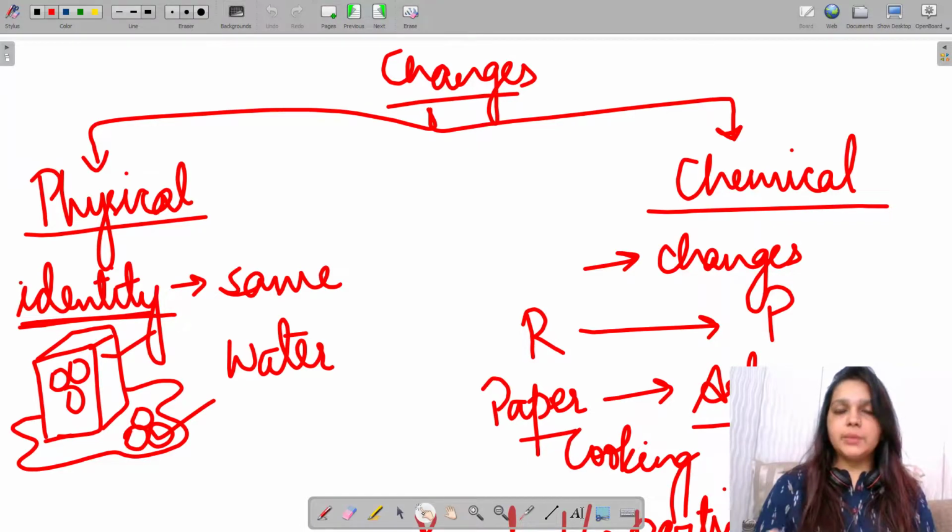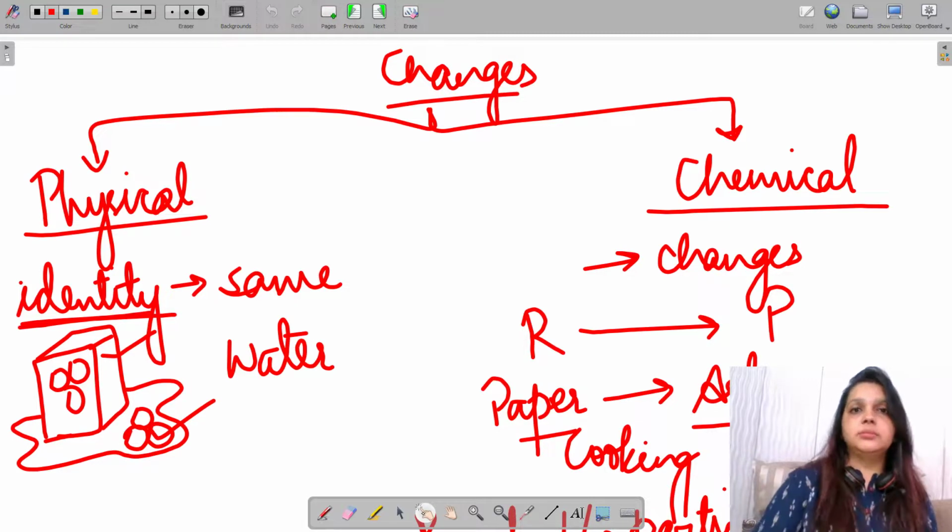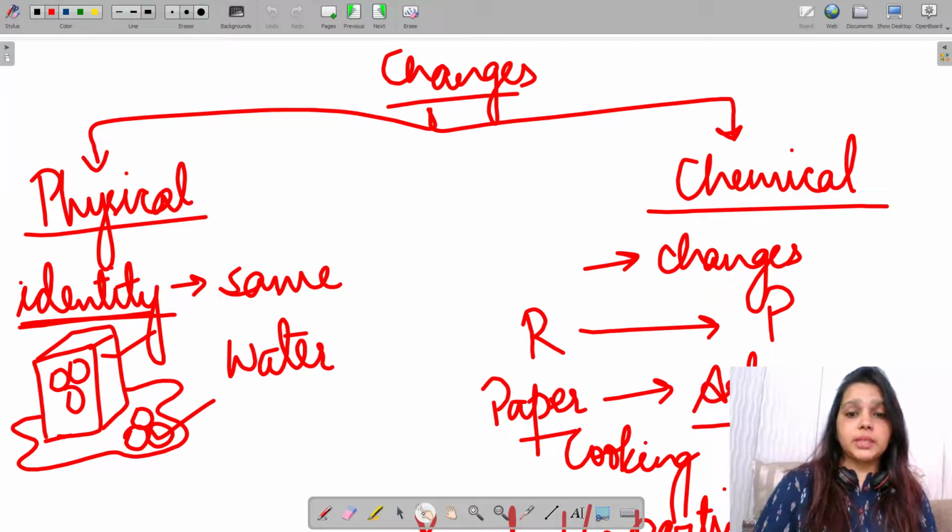But on the other hand, chemical change brings about a change in the identity, absolutely, right? The reactants, when converted into products, you can't really go back also, right? And also taking an example of paper to ash, what has happened is the paper converted, paper ke molecules and ash ke molecules are absolutely different. This is an irreversible process, right? Although physical change is sort of a reversible process as well. We took an example of cooking also. We bake a cake, we bake a bread, so you can't go back to the reactant part because it's an irreversible change, plus the identity of the particles have changed completely, right?